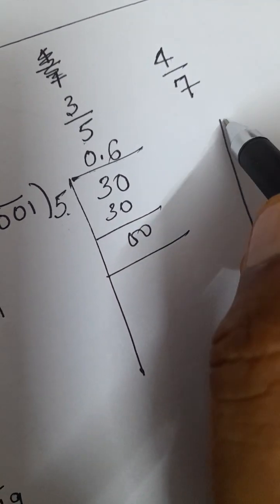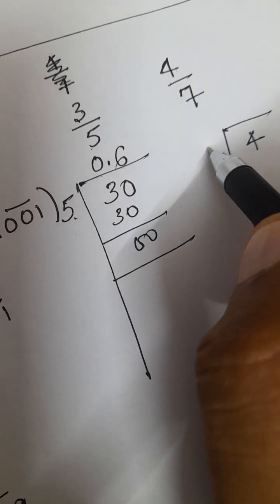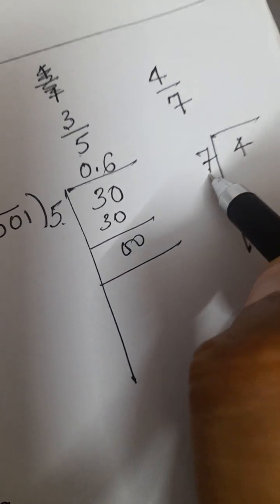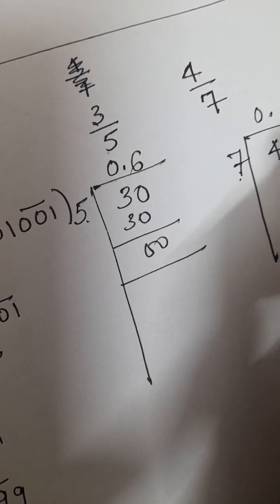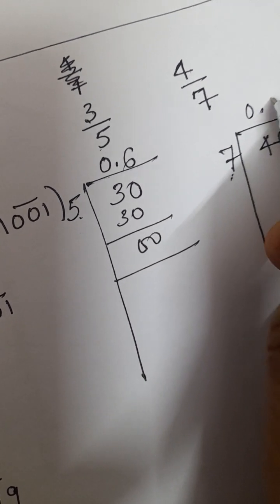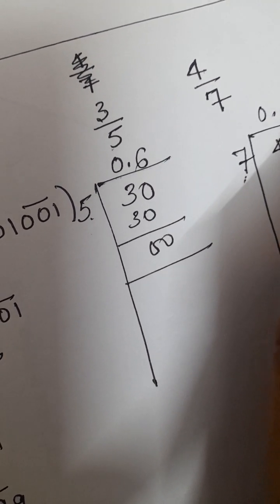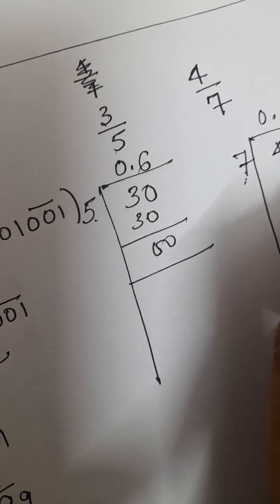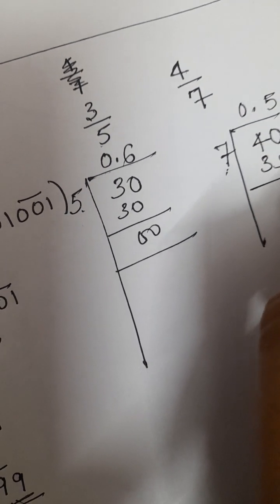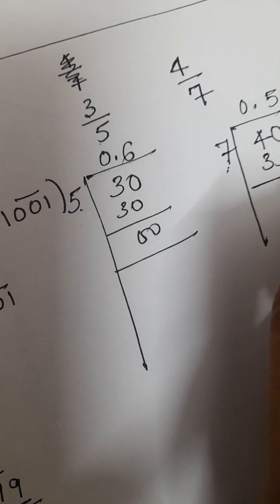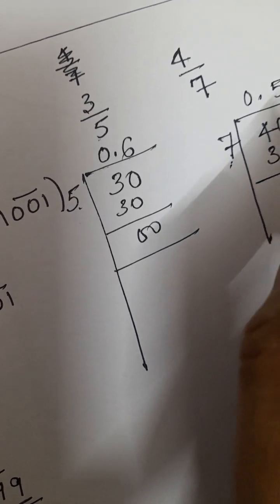Then I have 4 by 7. 7, 0. What comes? 7 5s are 35, and the remainder is 5. I add a 0. 7